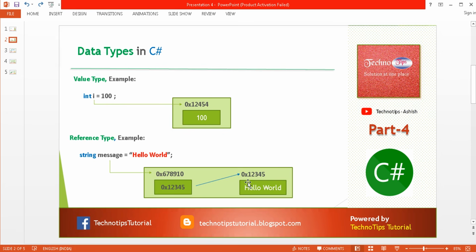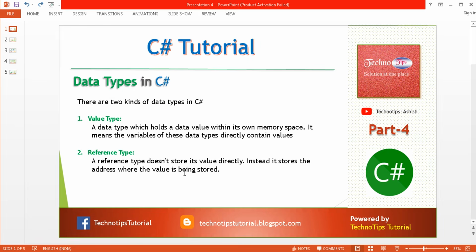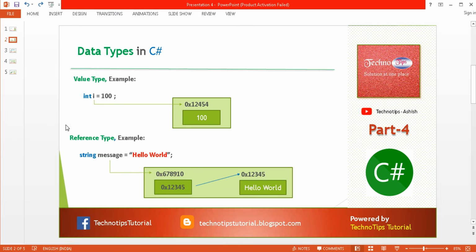Here you can see the hello world where it is stored in memory. The address of that location will be stored in the message variable's memory. So this is what is written: a reference type does not store its value directly into its own memory. Instead, it stores the address where the value is being stored. I hope this value type and reference type is clear to you.